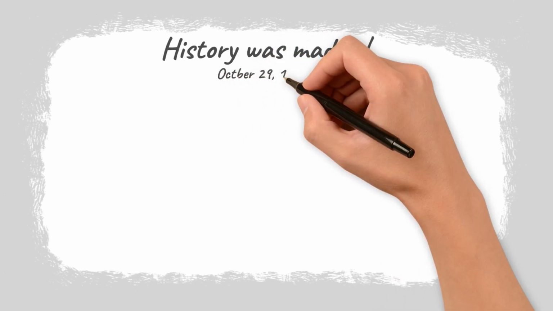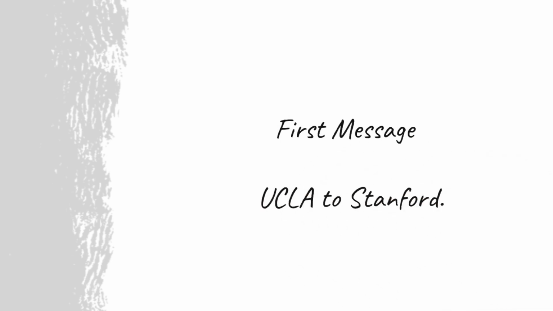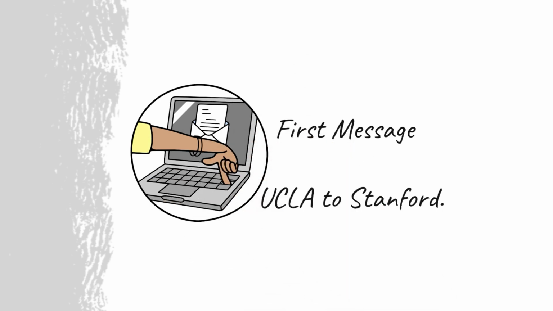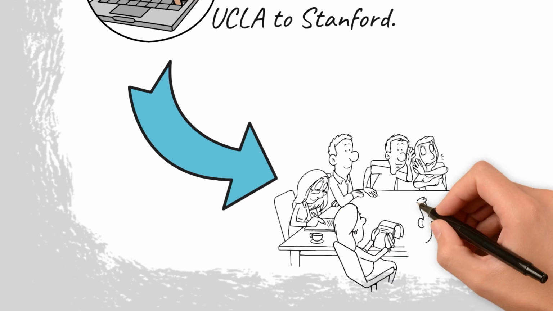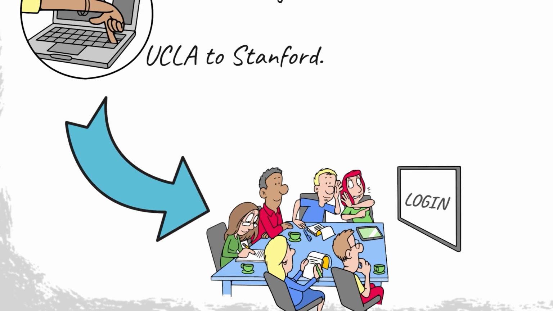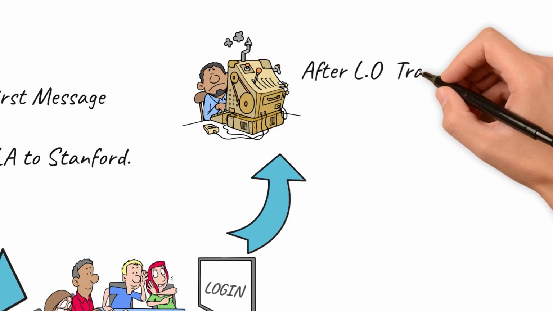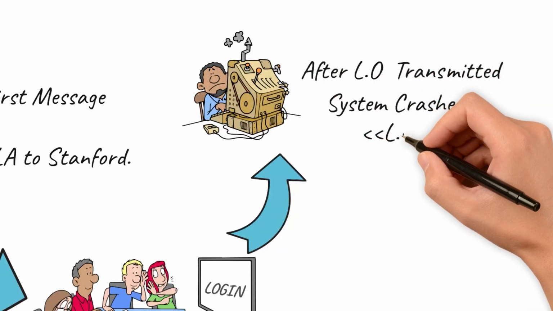And then, history was made. On October 29, 1969, the first message was sent from UCLA to Stanford. It was a historic moment, the very first attempt to transmit data over a computer network. Robert and his team excitedly watched as the characters were sent through ARPANET. The message was simple but important: LOGIN. But then something unexpected happened. Just after the first two letters, L and O, were transmitted, the system crashed. The only message received on the other end was L and O.